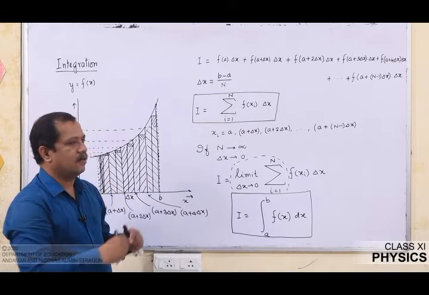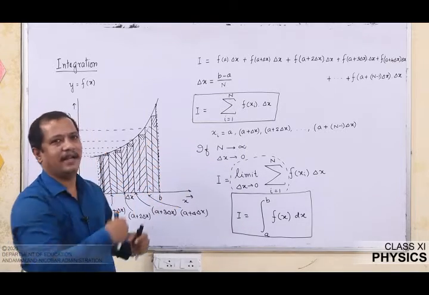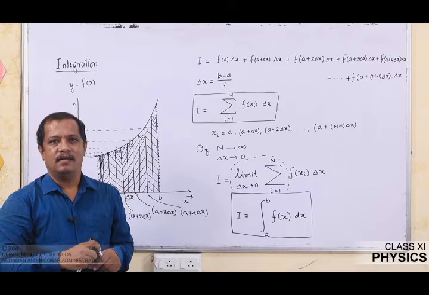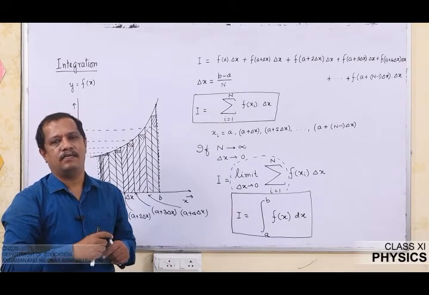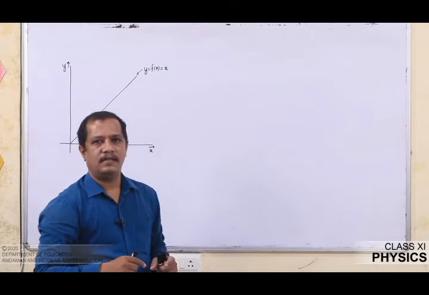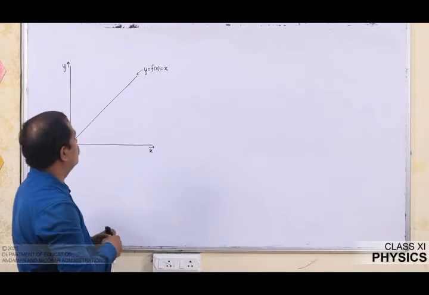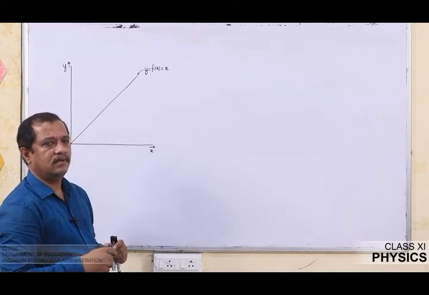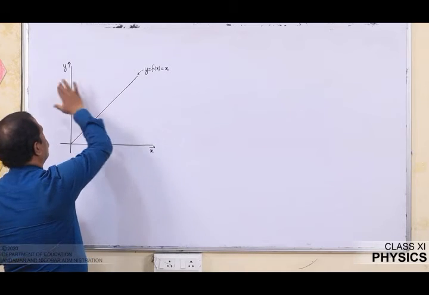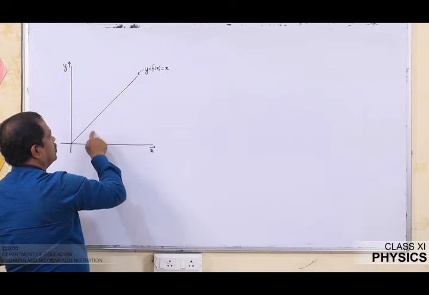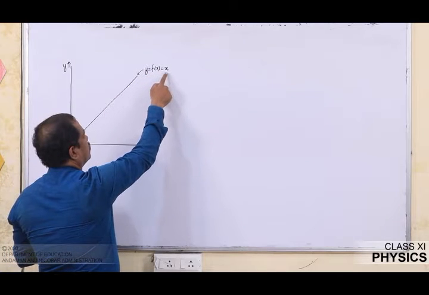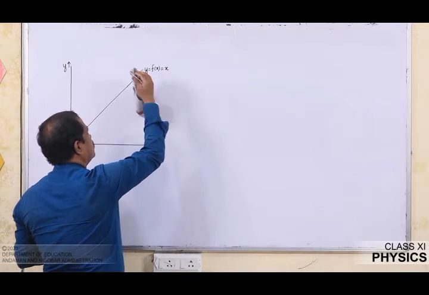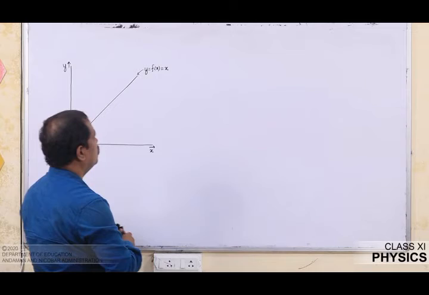Now, with this method, this is the actual conceptual idea of calculating area under this graph. Now, we shall calculate as an example the area of a trapezium. So, dear students, now let us apply the conceptual idea of integration to calculate the area for the graph that I have already drawn. So, this is the graph, y and x axis. The function is f of x is equal to x, or rather I can write y is equal to straight away x, otherwise f of x is equal to x, both will do.